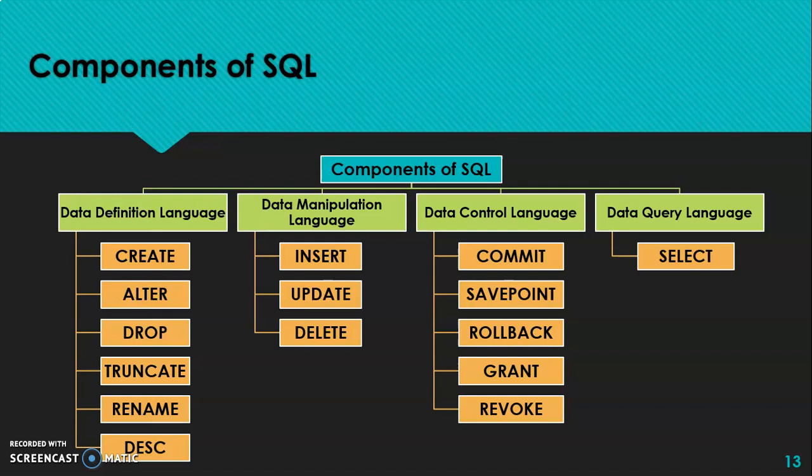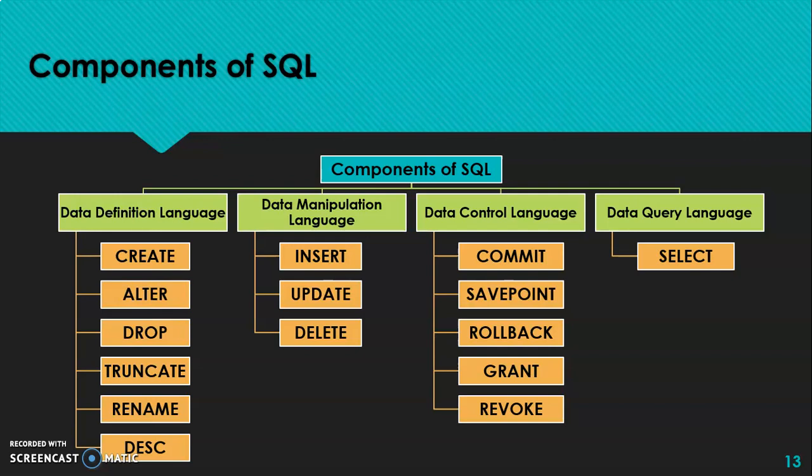Savepoint is similar to commit, but between two commits you can have more than one savepoint. Rollback: if you had made some changes and you feel that these changes should not take place, there is a chance that you can go back to the initial position of the database. It can either go back to the last savepoint or to the last commit, depending upon which is the last action you have performed.